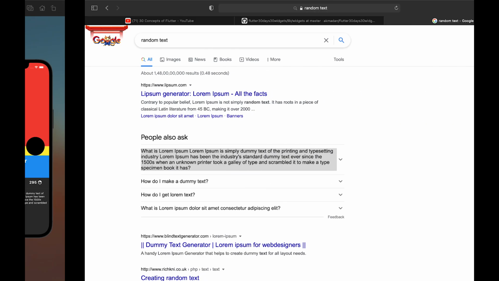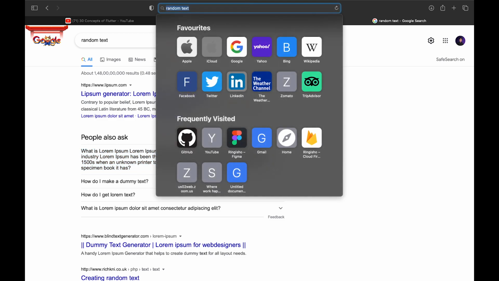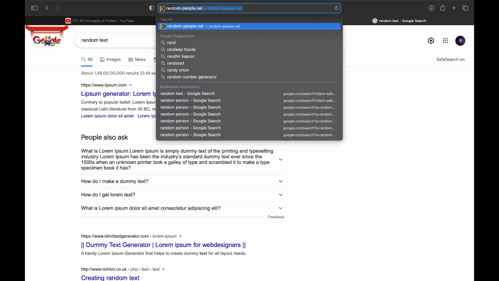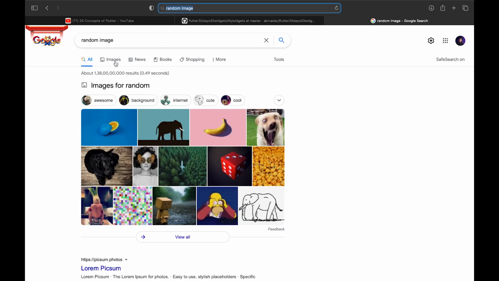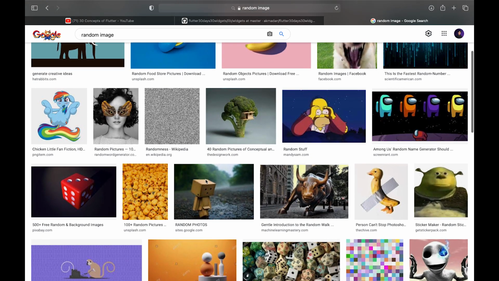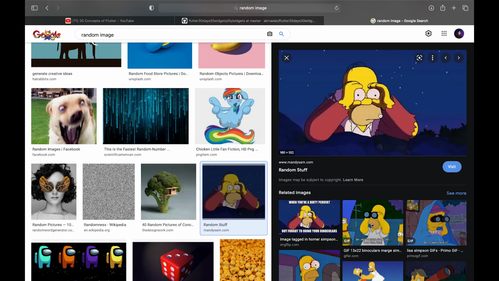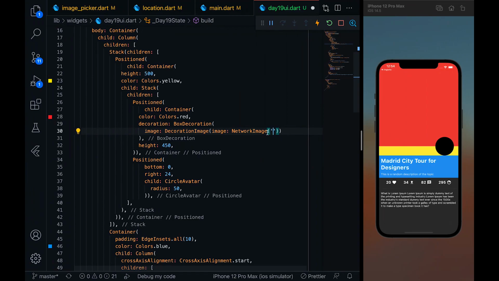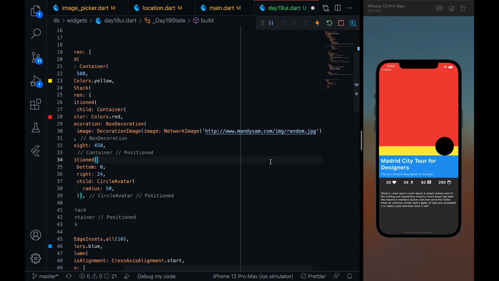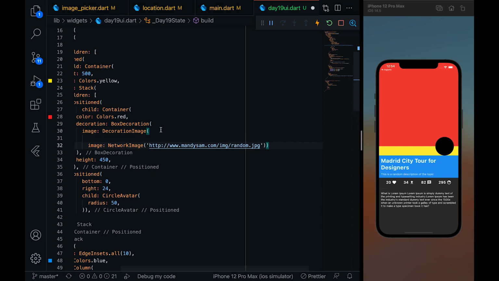And let's go to internet and let's type random image, and let me just go to this and let's copy this image URL. So let me just copy image address and I can paste that URL over here. So one more thing that we want to do is fit boxfit dot cover,